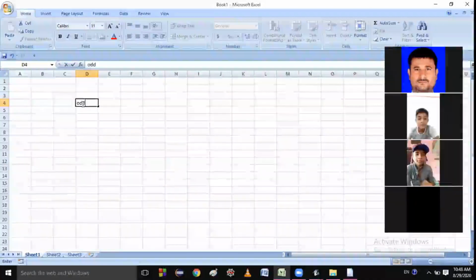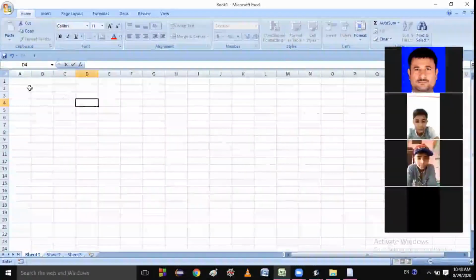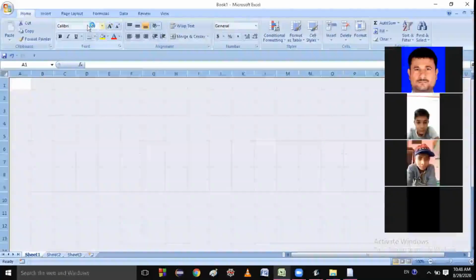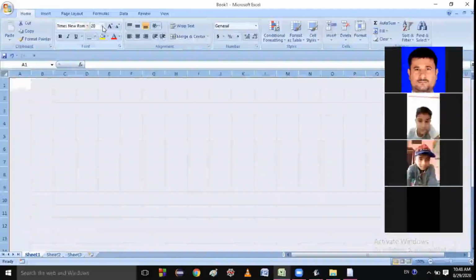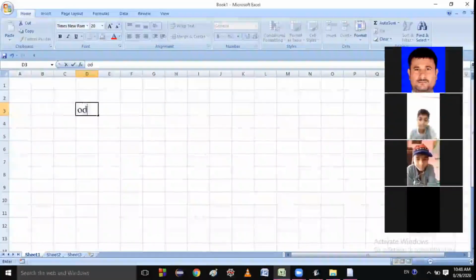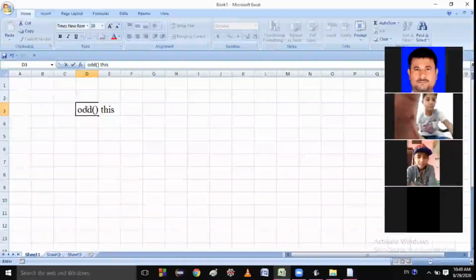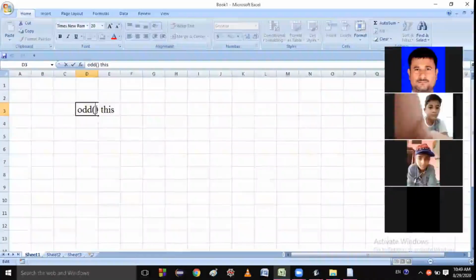Let me write here about the ODD function. Let me first increase the size of the cells. Okay, ODD function. Basically, what it will do, it will take a number. What will it take, students? Number.